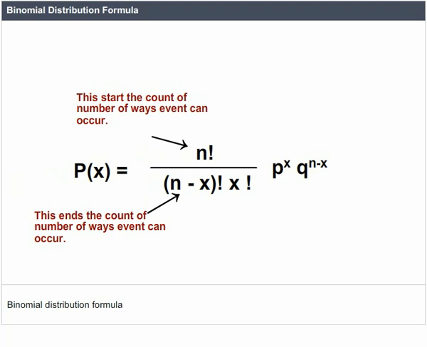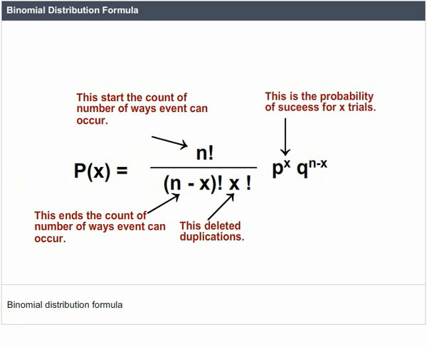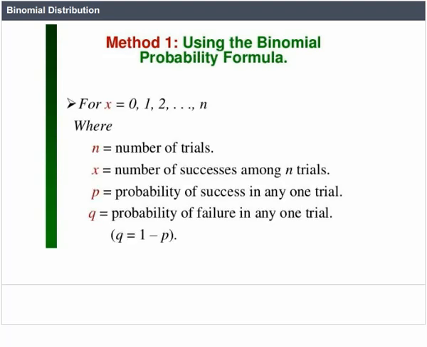P power x stands for the probability of success for x trials. Q power n minus x stands for the probability of failure for the x trials. Method 1: using the binomial probability formula for x equal to 0, 1, 2, etc., n, where n is equal to the number of trials, x equal to the number of successes among n trials, p equal to the probability of success in any one trial, q equal to the probability of failure in any one trial,